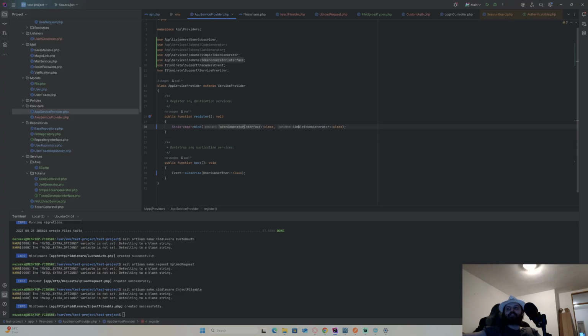So just like I did this, right? Concrete token interface, generator interface. I now use a simple generator. I can change to JWT or the like, and the entire system will just adjust to it. Same thing I will do with file systems. I will make some interface, probably a file interface or file upload interface, something like that. And I will just bind my concretes here.